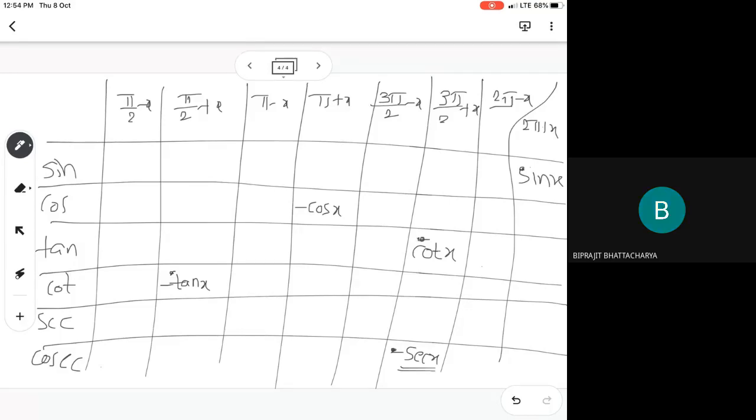Yes, sir. So this is what we have now. With the help of this, you complete this work, and next we are going to have the proofs of tan x plus y, cot tan x plus y, tan x minus y, cot x plus y, cot x minus y. Those proofs we are going to learn in the next class.